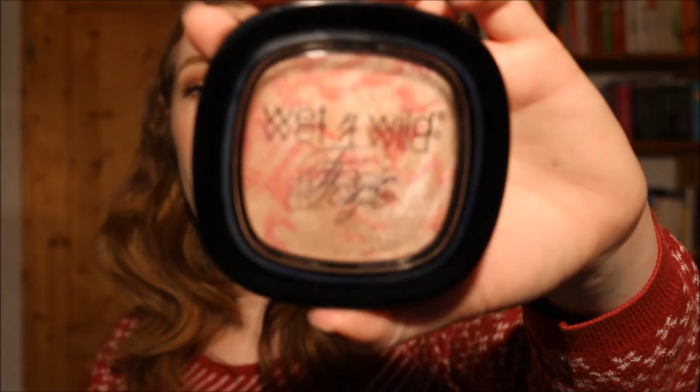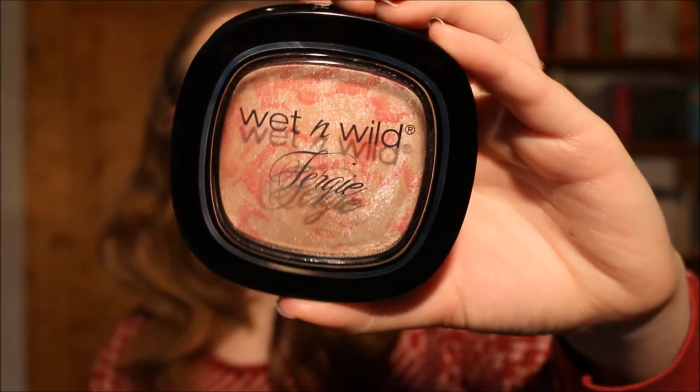Then, my last highlighter was the Essence Cinderella highlighter with the beautiful roses impressed on it, and I have hit pan on this, so I decided to give it a break and pull out another one which I had seen being used by somebody else in the last week or so. I have to see if I can find it again. It might have been the Glam Moms, but I decided to put my Wet n Wild Fergie highlighter in again